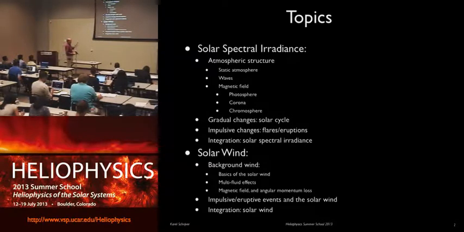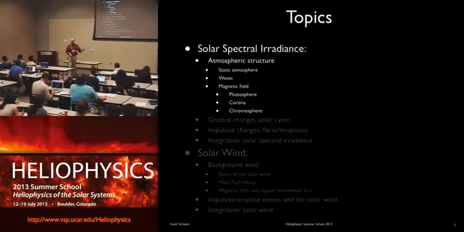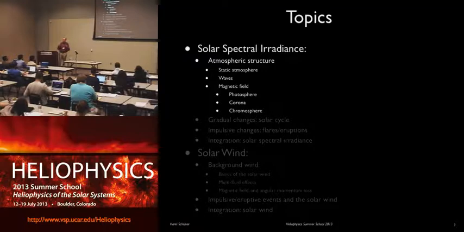So I'm going to start on this end with the atmospheric structure. What is it that we look at in order to understand what makes the sun's spectrum, the solar spectral irradiance, and the total output of the sun that comes towards the Earth, the total solar irradiance? And then from that point, I'll start building it up into the variations. What's making it change over time, and what are the various contributions that make it change? What do we learn from them, and how do we think about them as we start thinking, going into next week, how all these things impact the planets?